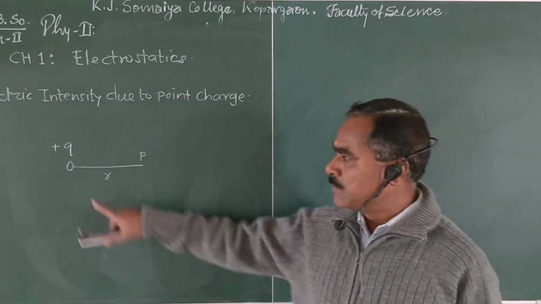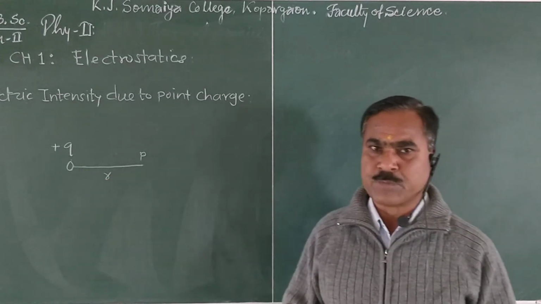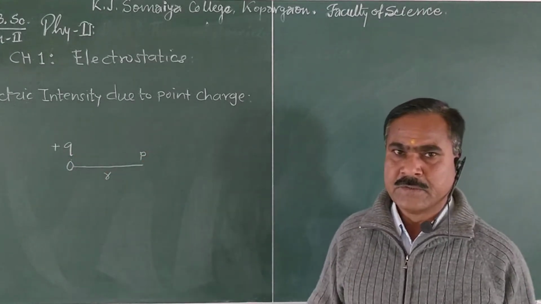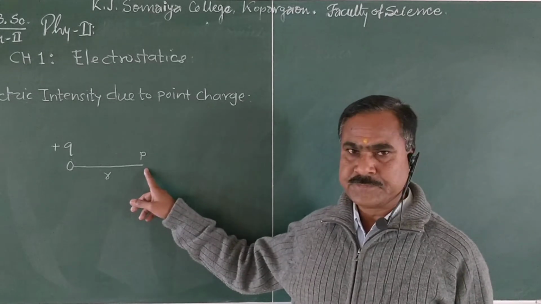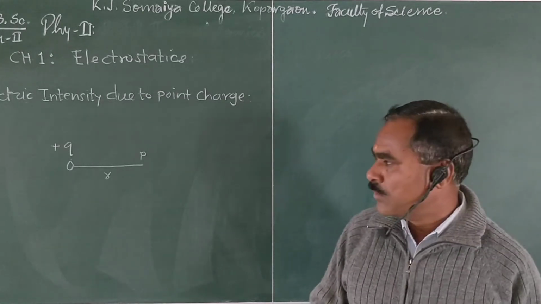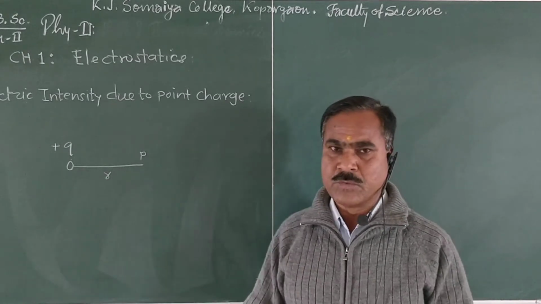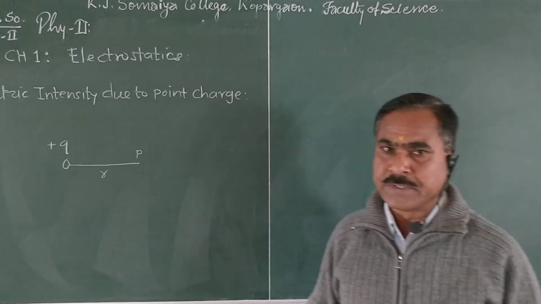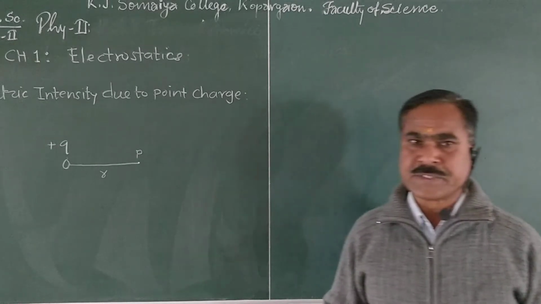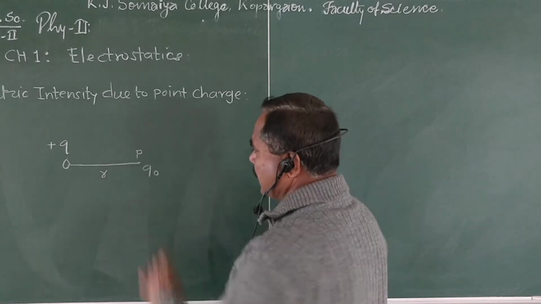Now when we place the charge at point O in air, this charge produces the electric field in the surrounding space. So in that region we consider point P, and at point P we calculate the value of electric intensity. This point P is situated at distance R from origin O. Then for this we consider a test charge, that is Q naught, again at point